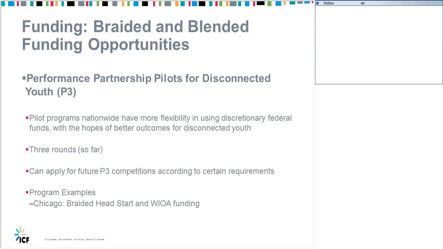But one of the programs that I wanted to mention is one of the current grantees is in Chicago, and the Department of Family and Support Services there, they braided their Head Start funds and WIOA youth funds to help opportunity youth mothers and their kids using a 2Gen model. The children are enrolled in Head Start while their mothers find part-time work at Head Start centers. They receive job training in early childhood education, mentorship, and individualized visits focused on personal and child development and therapy.